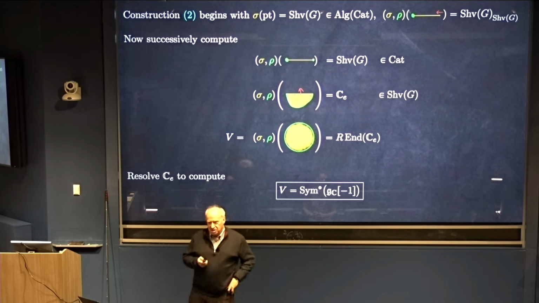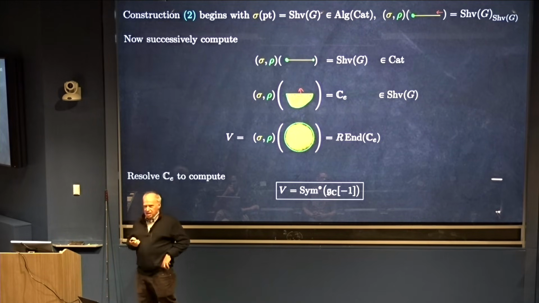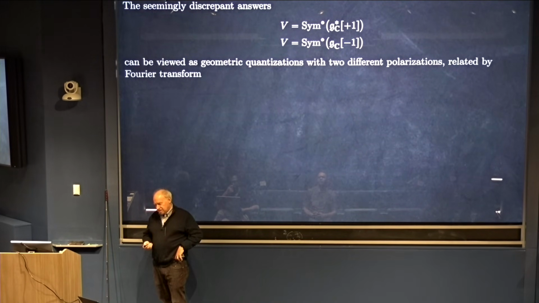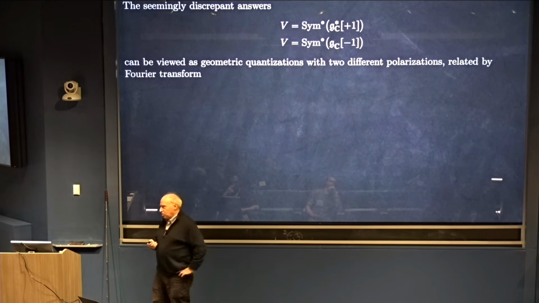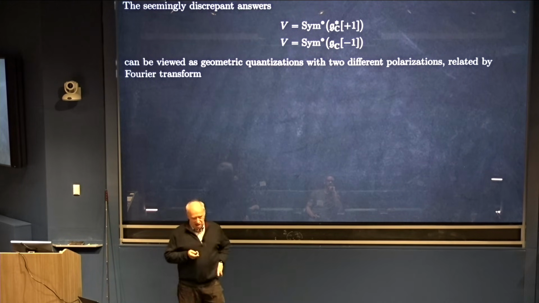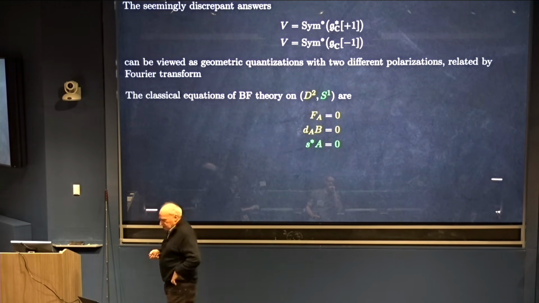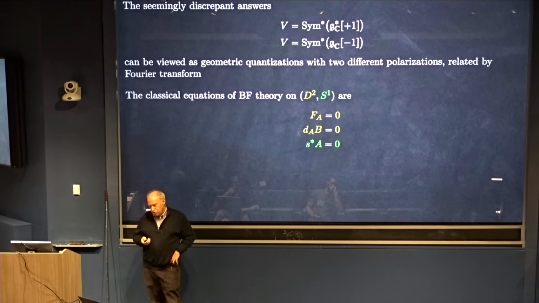So that's a little bit confusing, but nonetheless, you get the same kind of answer. And so these two answers seem discrepant, but if we remember a little bit about quantization, then we can see why we might get two different answers. And namely, we could use as motivation this BF theory, which in this dimension is also T*G Chern-Simons,